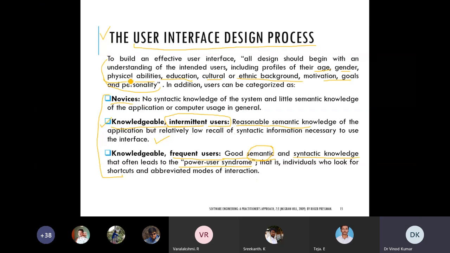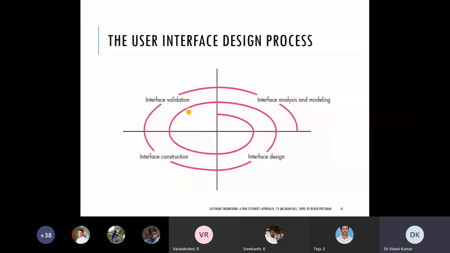He thinks, I am the user. Because his level of understanding is higher, the communication gap, the understandability gap, is very difficult to map.